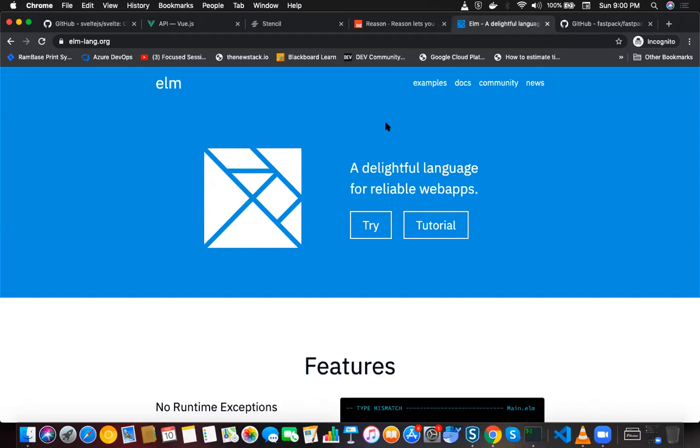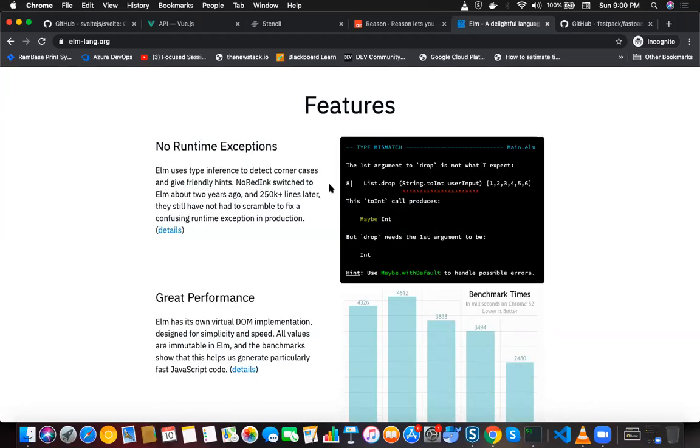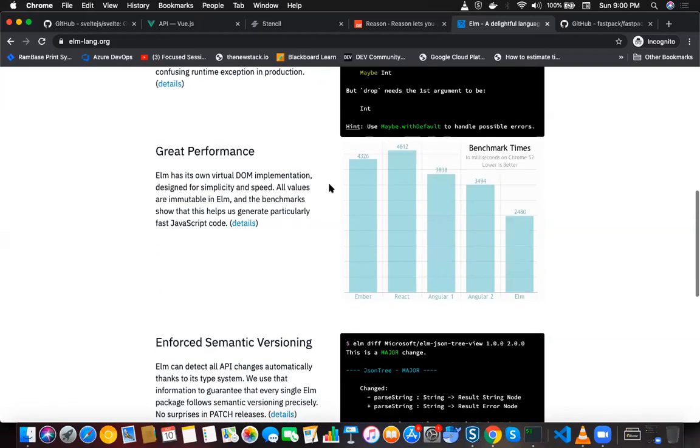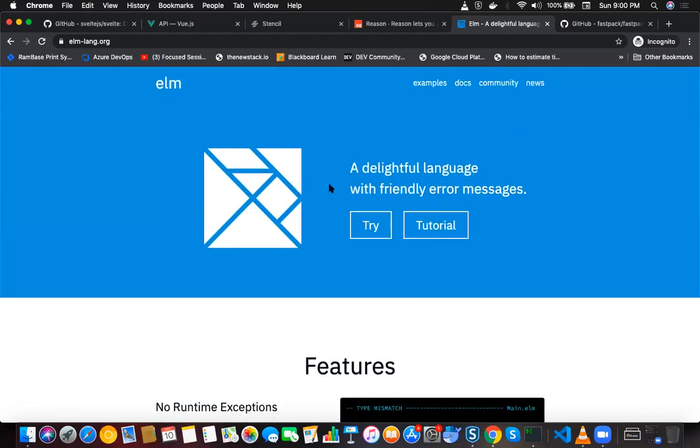And Elm, I have seen this a few years back, but I haven't tried it after 2017. But from what they show us, it's quite exceptional compared to other UI libraries, and the performance is much better. And this is a functional programming language which compiles to JavaScript, and the compiler is written in Haskell. We can go to